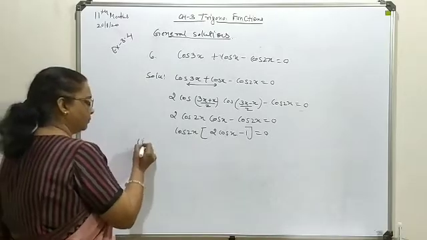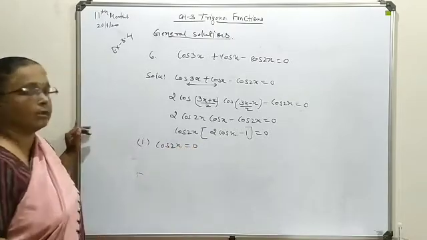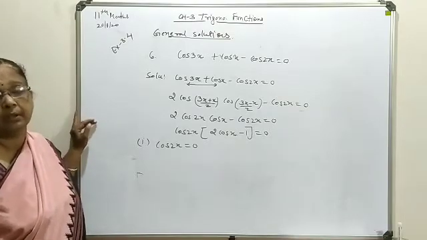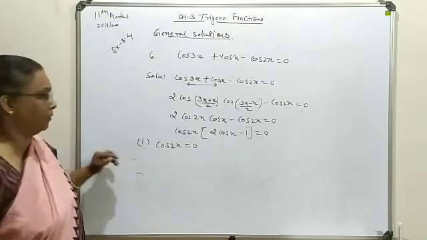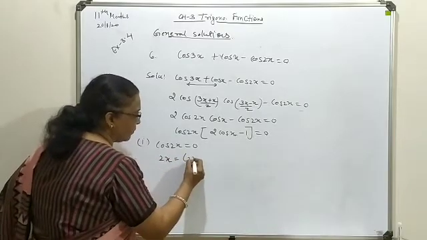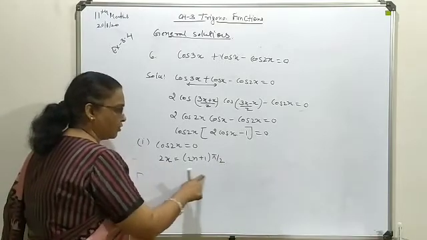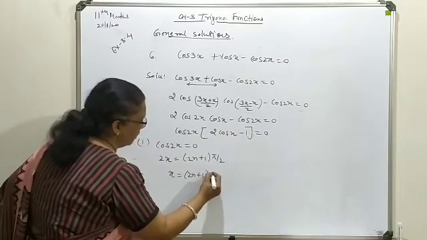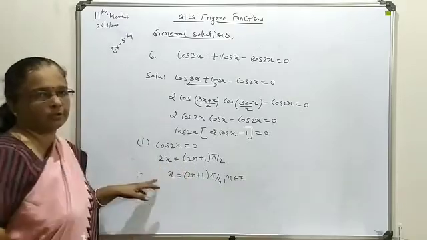So first of all, make your cos 2x equal to 0. For cos x also we have defined the zero solution, that was (2n plus 1) into π/2. So that we are going to write over here in the 2x form. So the zero solution for cos you will write as 2x equals (2n plus 1) into π/2. x is to be separated out, so divide over here. So x will be (2n plus 1)π/4 where n belongs to Z. So this is the first solution we are getting.